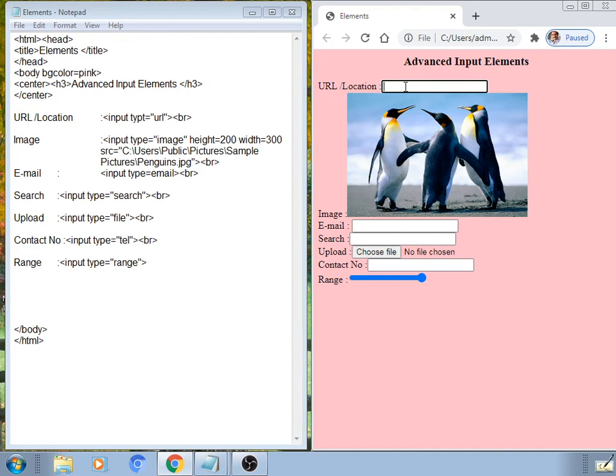You can give some path here. Likewise, suppose a computer's file is displayed or attached, might be with an address like this. We have chosen here C drive users public pictures like this, some information as a location is provided.